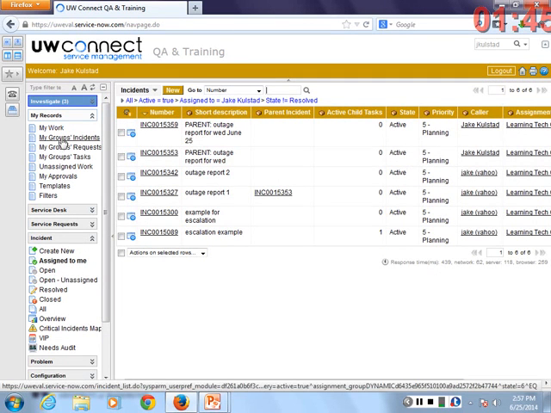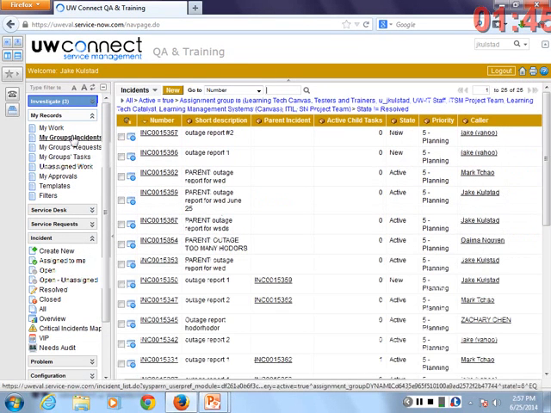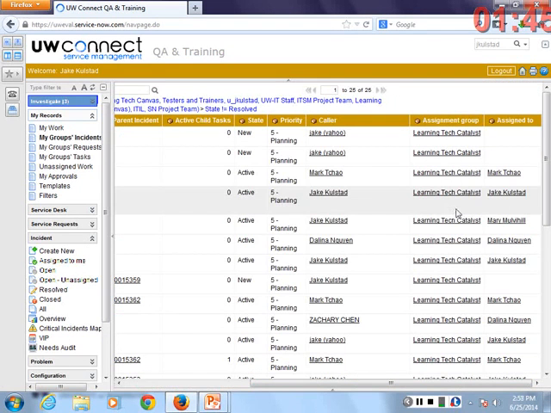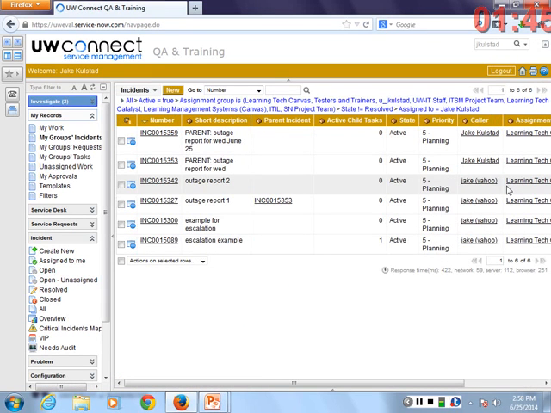So that's just a little bit of trickery for the demo. But by and large, you should be able to look at your group's incidents and do that. The other fun way to do it is to click on My Group's Incidents if you want to follow along, because I like to teach you guys new tricks. And if you find your name in the Assign To field, you can right-click and Show Matching. So you can always drill down. If you have too much data in front of you, I've just done a quick filter on My Group's incidents to show those assigned to me. Everyone okay with that? Which is functionally equivalent to clicking down here to Assign to Me.